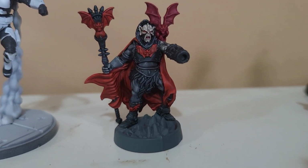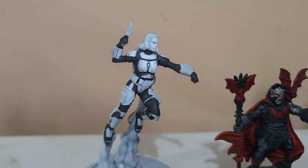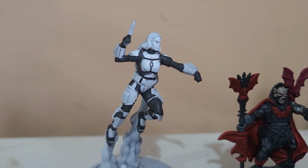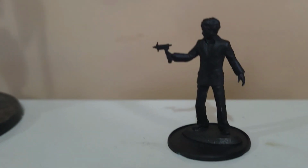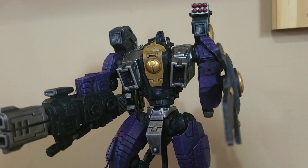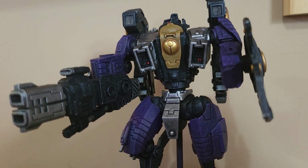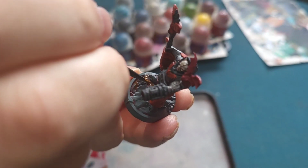Today is 1731 and I'll be finishing off Hordak's base, continuing work on Bo-Katan, and I'll be starting work on Harry Sullivan from Doctor Who Into the Time Vortex, a now defunct game from Warlord Games, but the models are fantastic. I'll also start work on the big guy's base here. With Hordak's base being finished, it'll be the end of the Masters of the Universe stuff for me for a little while. I'm going to crack on with some other stuff before I go to the newer stuff that arrived